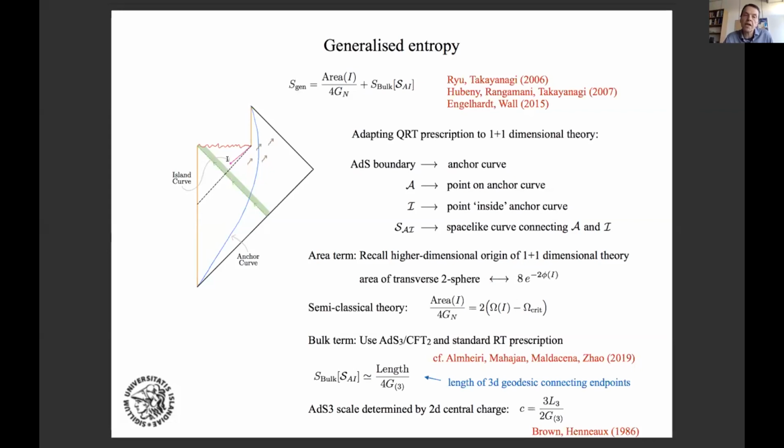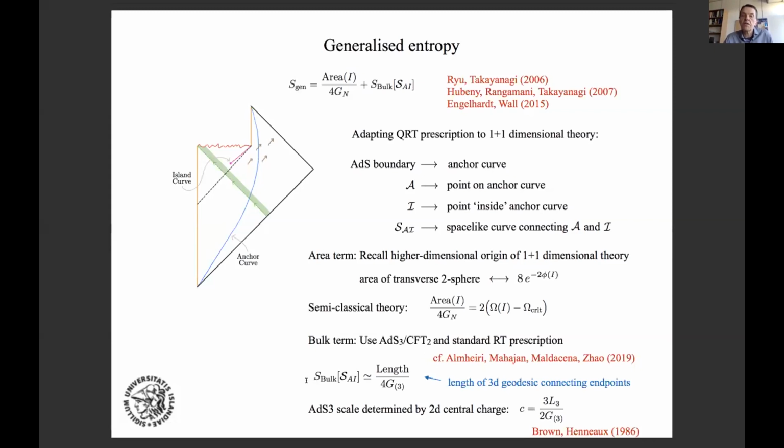Now, for an island out here, that's not going to matter. This is just so that in the absence of an island, we'll place the point on this boundary curve here, which is playing the role of the origin of the coordinates, and then you want the area to be 0, so adjust it there. Okay, now for the bulk term, we are going to follow these authors here,